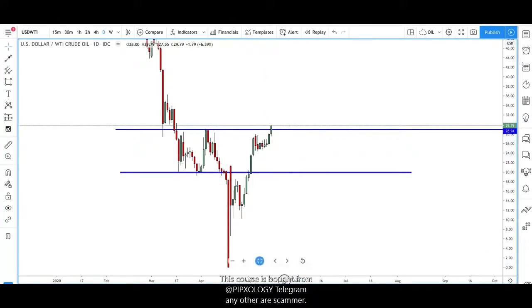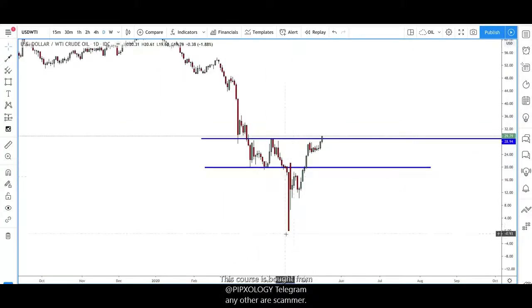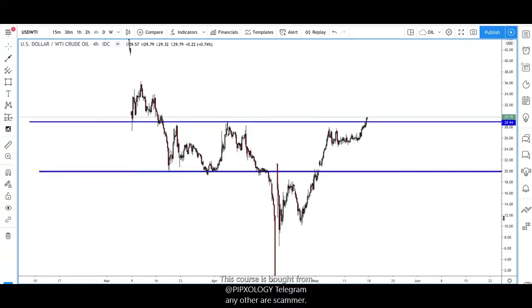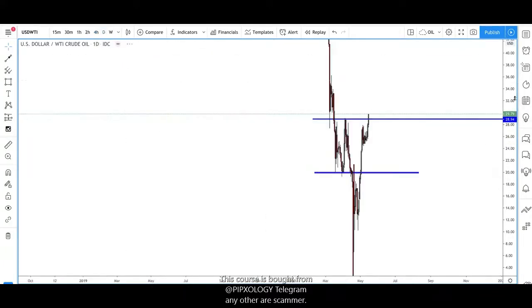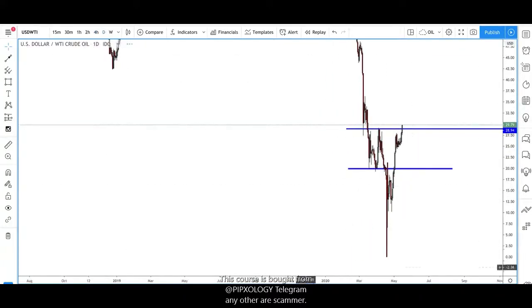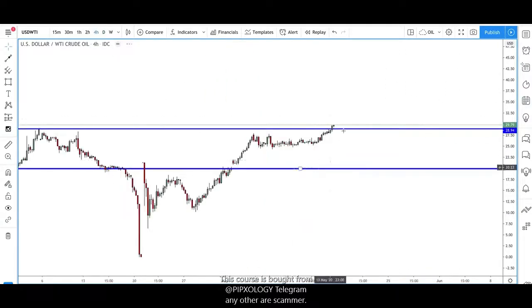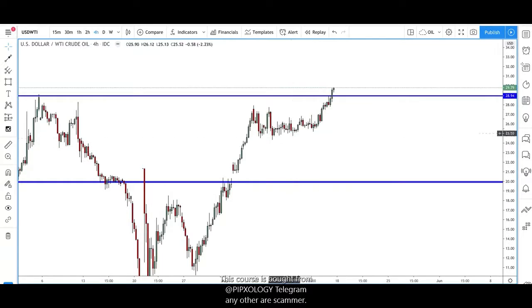Think of the bigger picture. Remember, oil didn't drop down to these negative prices for no reason. Obviously, there's production cuts and so on, but with what's going on and the low demand for oil, we're seeing a bullish push now, but we can easily see a pullback on this anytime soon. So we've had a bit of a retracement here.